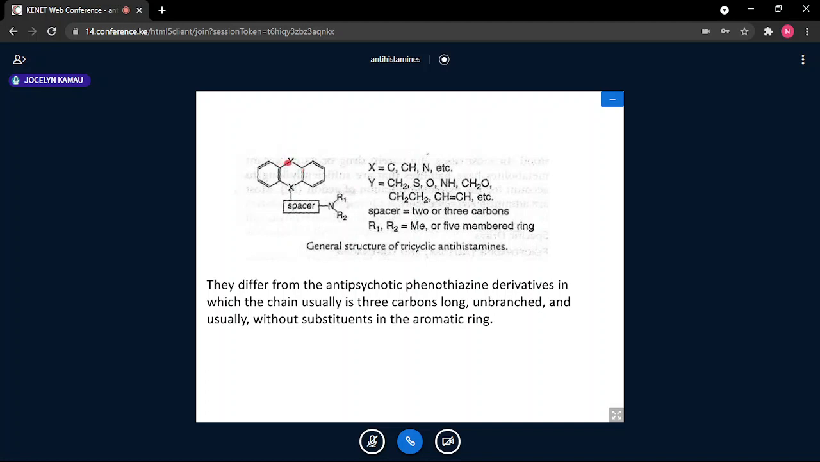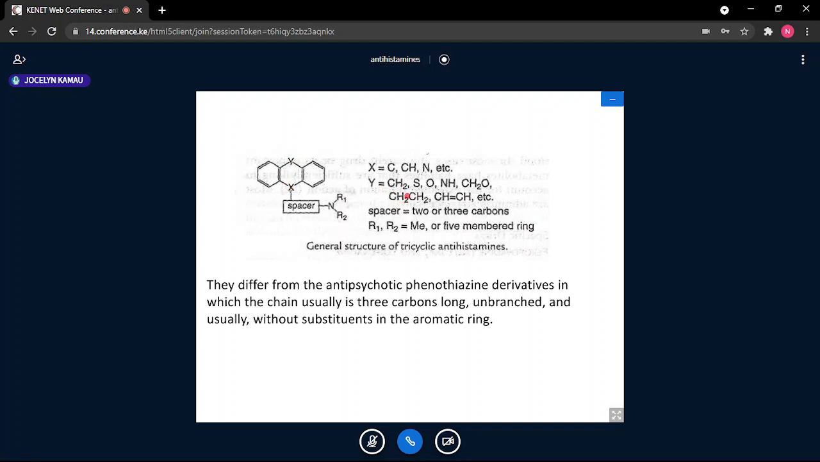Y, which is this one, and we have already seen Y can be a CH2, it can be a sulfur. When it's a sulfur, then we have the phenothiazines, and X is a nitrogen. It can be an oxygen, it can be an NH, CH2O. It is most important for us when it's a CH2, because when X is a CH2, and this is